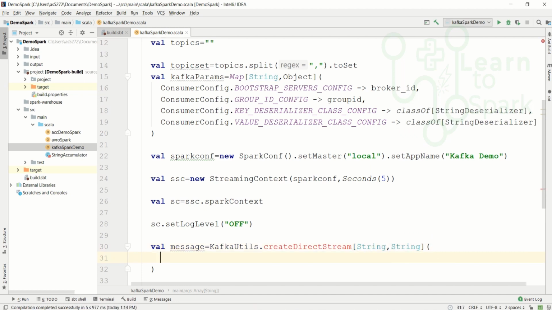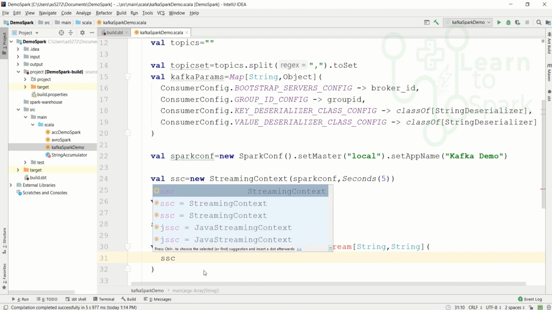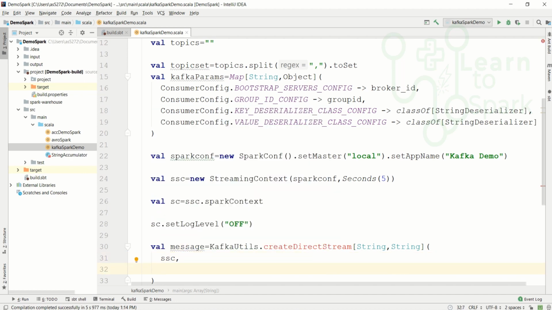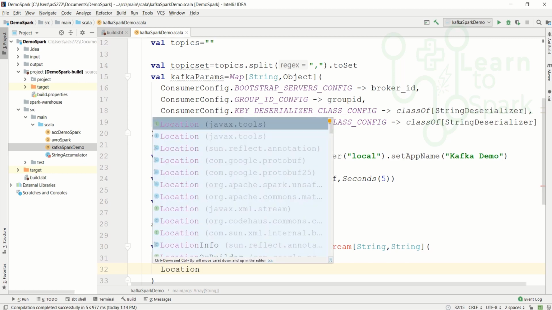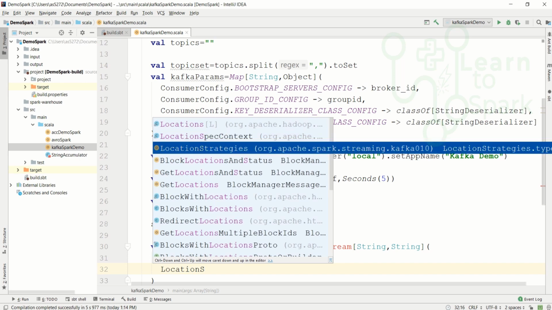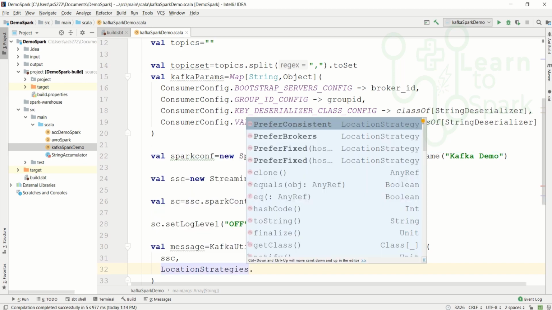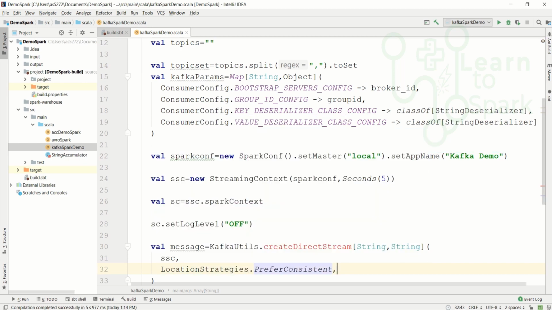The first parameter will be our streaming context, and the second one will be location strategy, and for this we will be giving PreferConsistent.